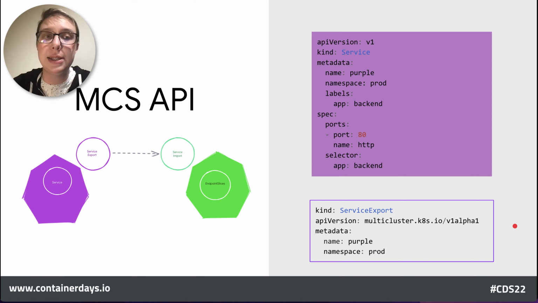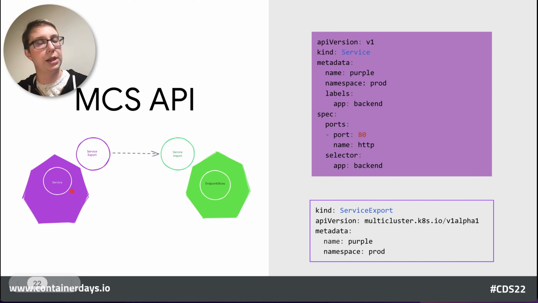But in general, the idea behind the MCS API, which is sort of the latest flagship project of SIG Multicluster, is to take the service object, your regular old service object that you're used to in Kubernetes, and provide another API object, a service export, that declares your intent to make that service accessible across the cluster set, so that it's a service that you're not just publishing within this cluster, which is what the regular Kubernetes service API knows how to do, but actually beyond that, share it throughout the rest of the cluster set.